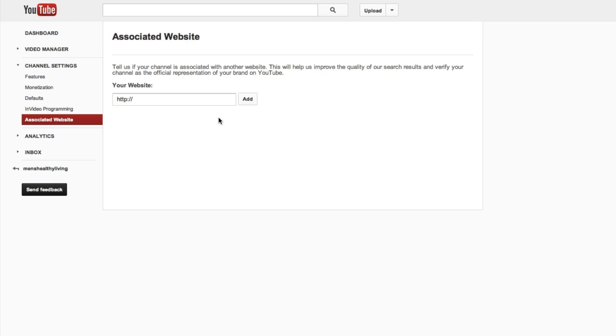I'm going to hit remove for just a second here. And if you add your website and hit add, you will then see that you have to verify the site. Obviously, this is a made-up site, so we're not going to leave it this way, but for our purposes here, you put in your website, and it says that to associate with this, you must verify that you own it. So you click the Verify button,